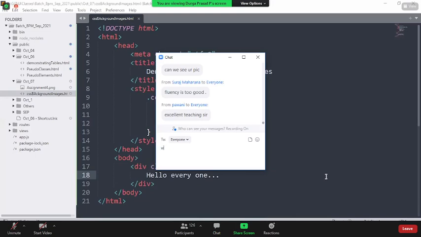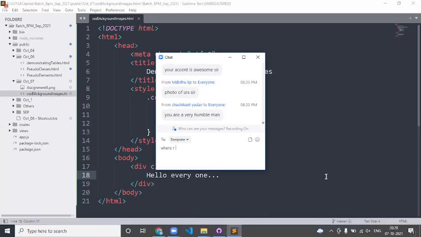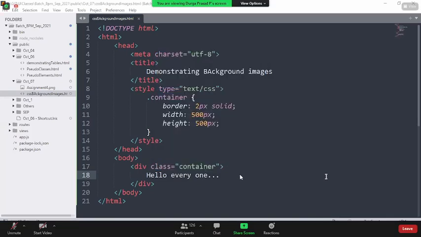Sir, the only problem is sometimes the voice is breaking. Oh, is it? Okay, sure. That might be an issue with the network, Shoaib. But I already make sure I'm using a very different connection so that you guys don't have a problem. So please do check from your side also. If you feel confident that your side is good and it is from my side, then I can make some changes here.